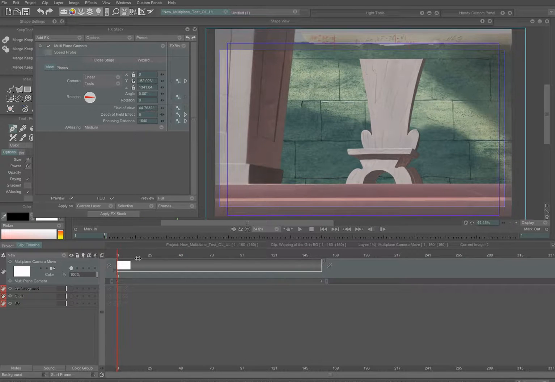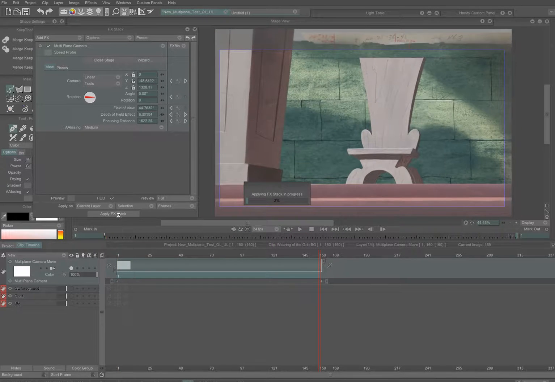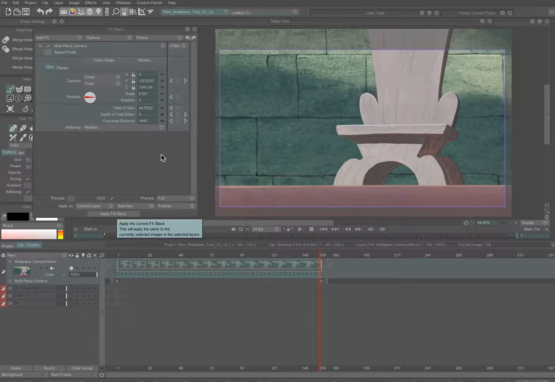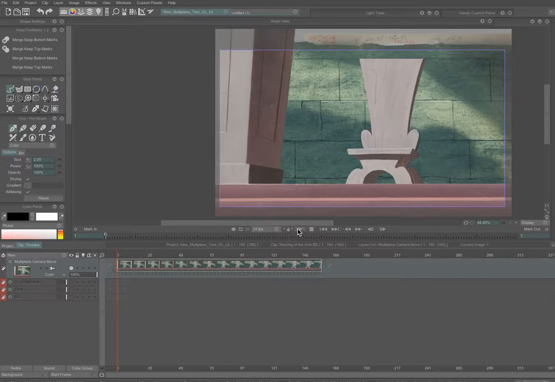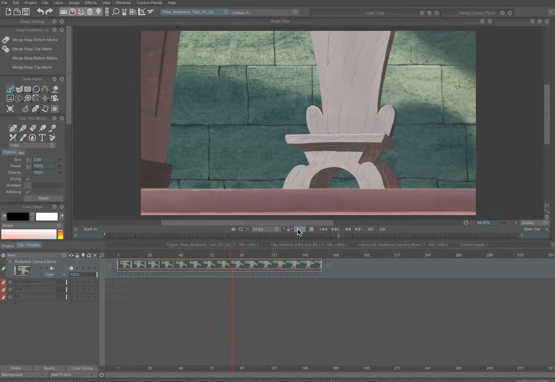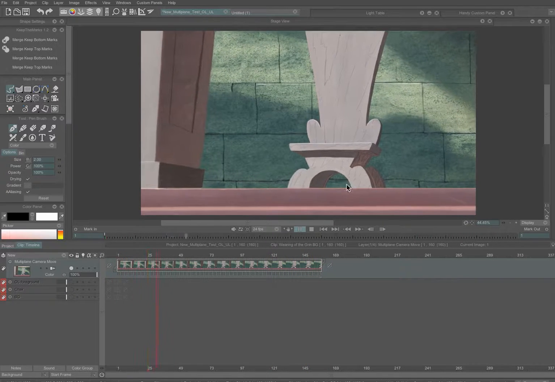So once you had that set, you would select all of these frames and render the effect stack. Okay, now it's rendered, so I'm going to close the effect stack, and let's look at our camera move. So we're zooming in closer, the little mouse scurries out, and